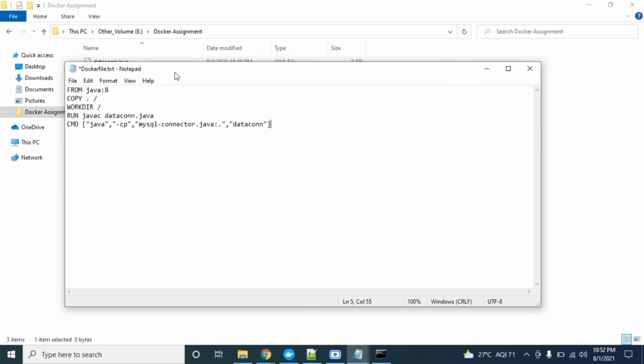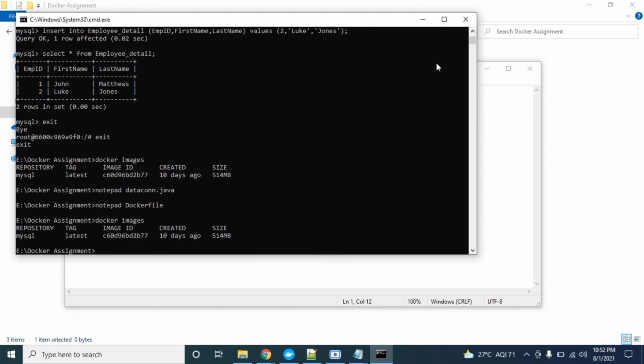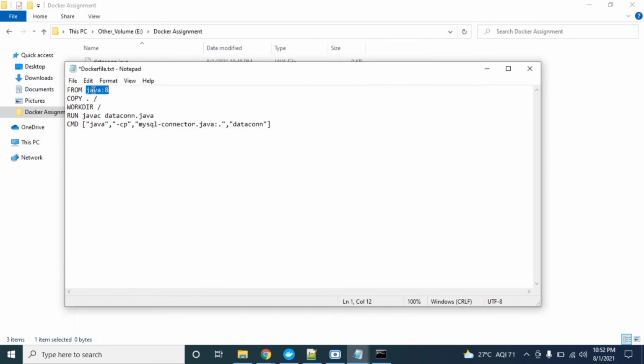First we have to specify the image name. Currently I'm using the Java 8 image because we have a Java program. I don't have this Java 8 image; if you see my images, it is not there. So it will first download it, and then it will run this Java program inside that container.